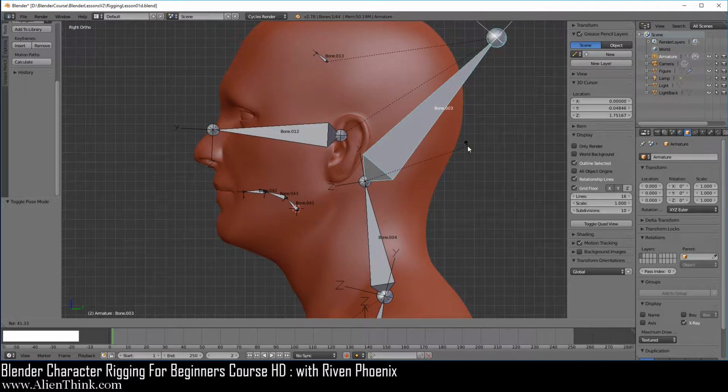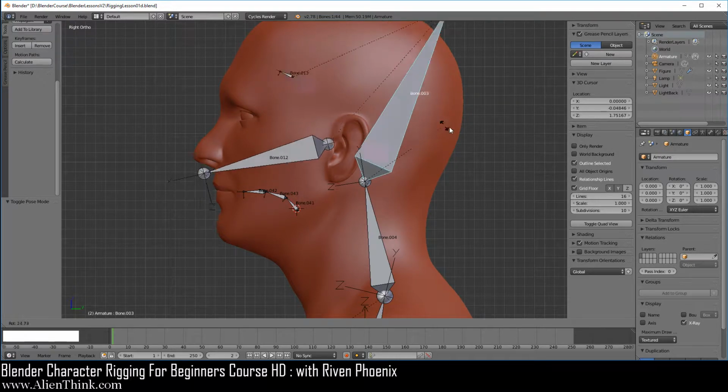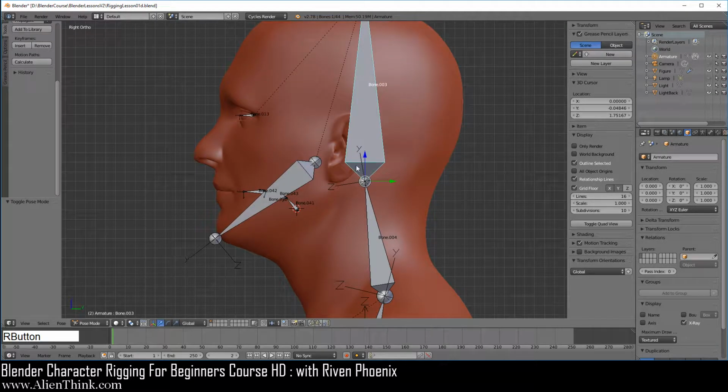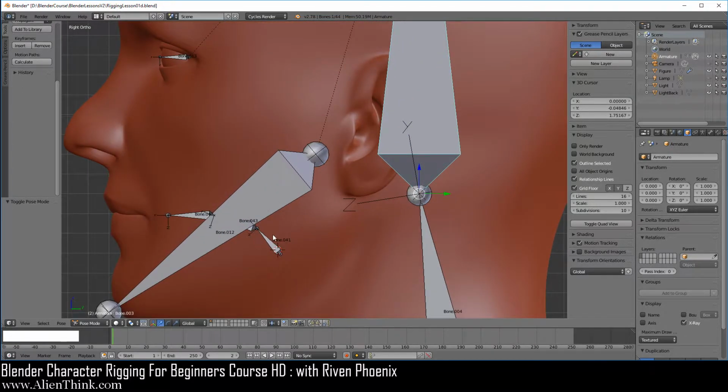This means we need to definitely create a relationship for the tongue. So right click to cancel that movement. So this means that the root bone of the tongue needs to be assigned to some bone. It's obviously going to be assigned to the jaw because it needs to move where the jaw moves.